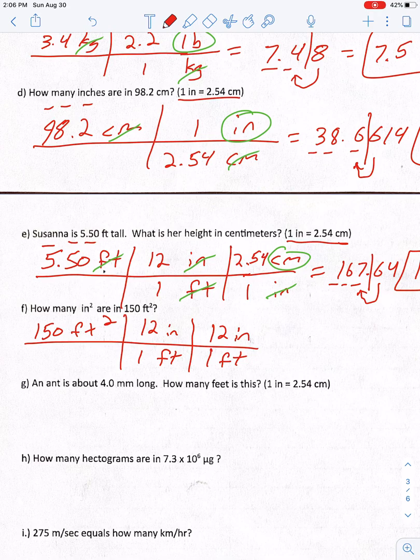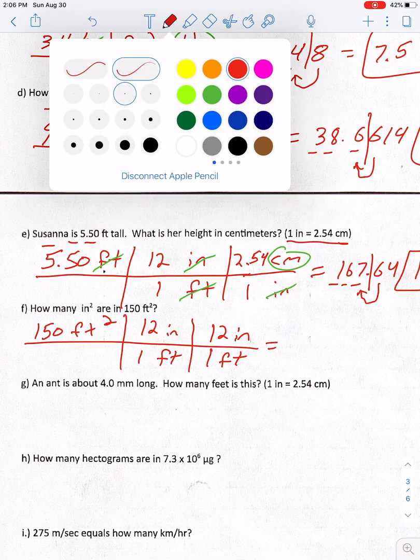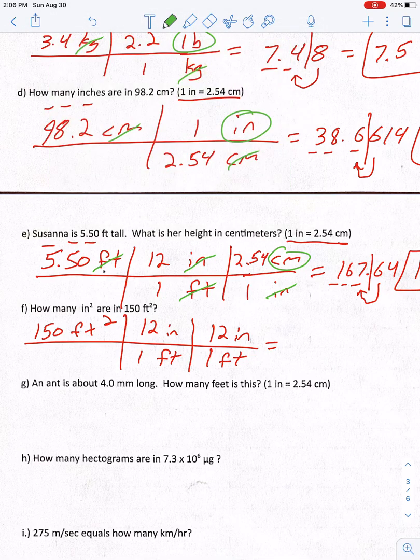Okay, so again, I know this one is a little bit more confusing. Our big thing is we're trying to cancel out a feet squared, so I need to have 2 feet on bottom. Okay, so now feet squared, so feet and feet cancel out, and now I'm in an inch times an inch, which will be inches squared. Okay, which is what it wanted. Okay, so now I just got to do my math. So 150 times 12 times 12 gives me